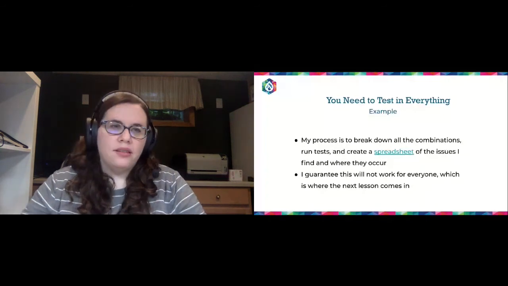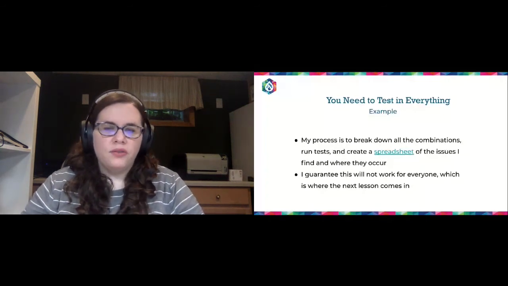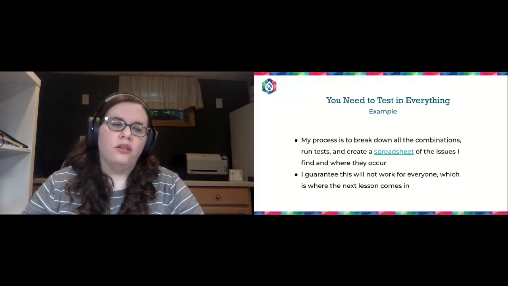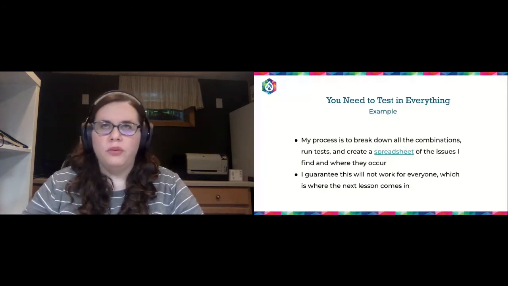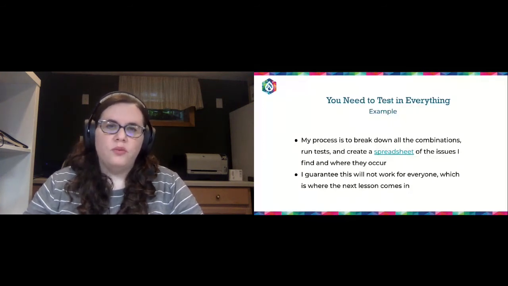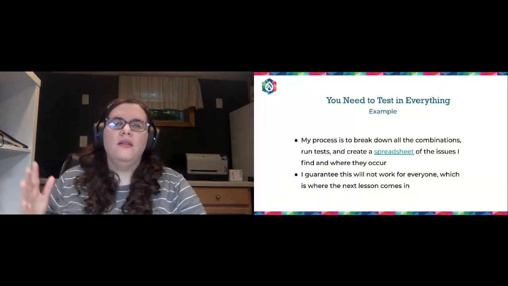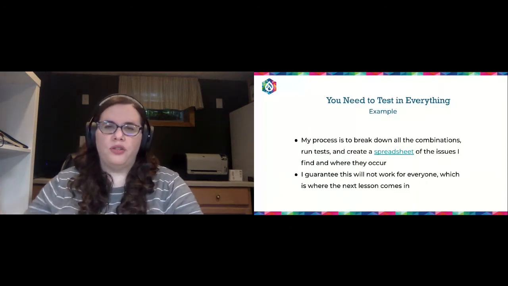So my process is that I will break down the different combinations I know I need to look at, whether it's going to be keyboard navigation, screen reader navigation, and we'll do small tests on the fly. Then as I finish components, we'll do some larger tests for the bigger pieces, note the issues, and try to fix them as I can. And then I will do maybe a larger test before we actually call the project finished.